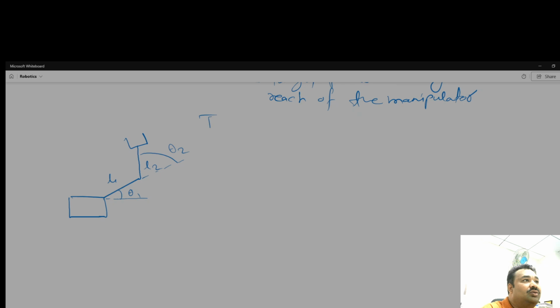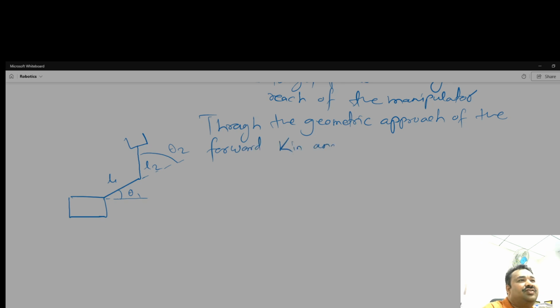So through the geometric approach of the forward kinematic analysis,